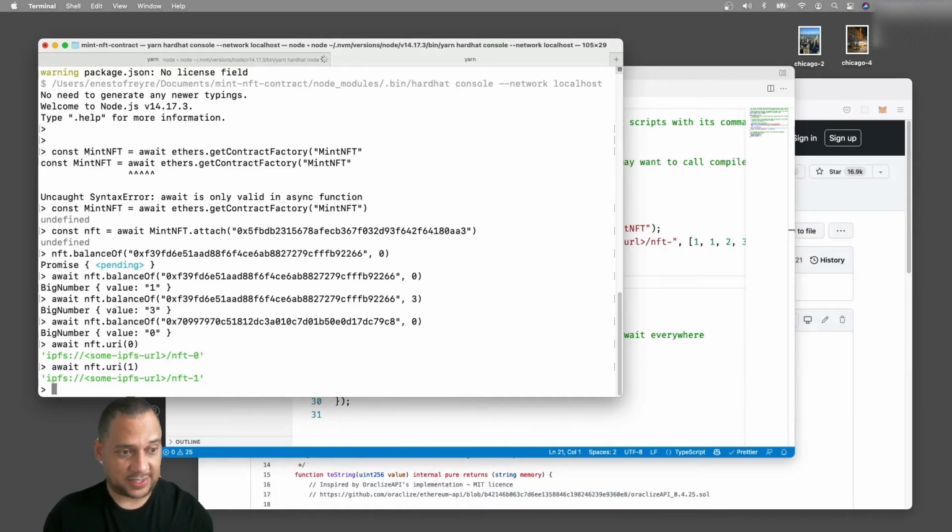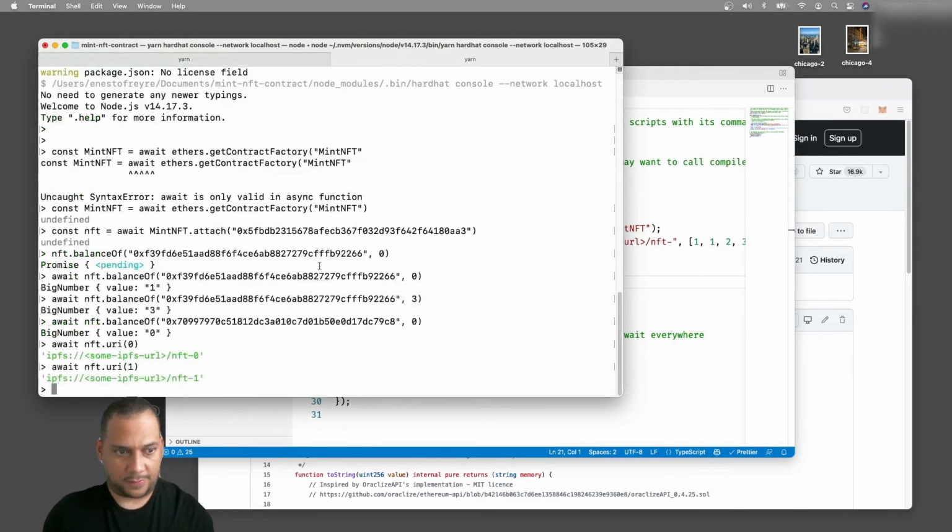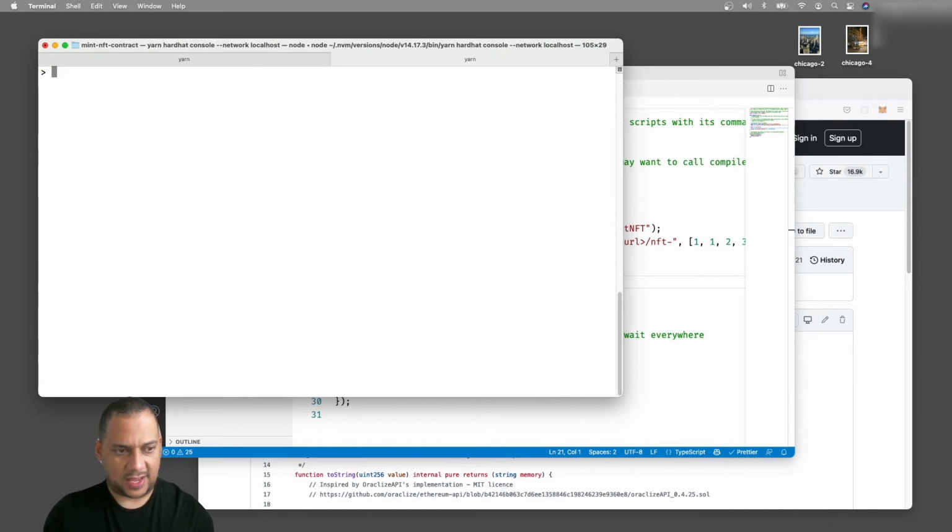If we want to make a transaction, for example, so any of these methods, we're just calling the contract URI and the balanceOf, right? It's a contract call. The other method that we have is the setURI. Remember, this is a protected method, only the owner. But since we are running with the owner account now, we can do await NFT.setURI, and we can specify the new URI.